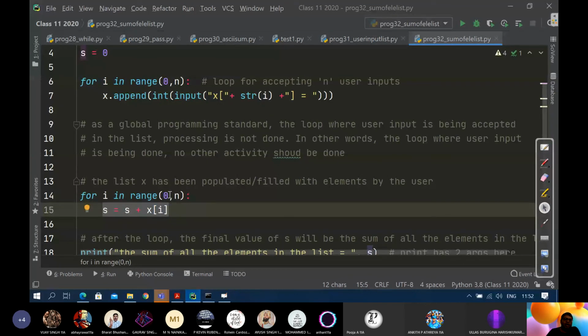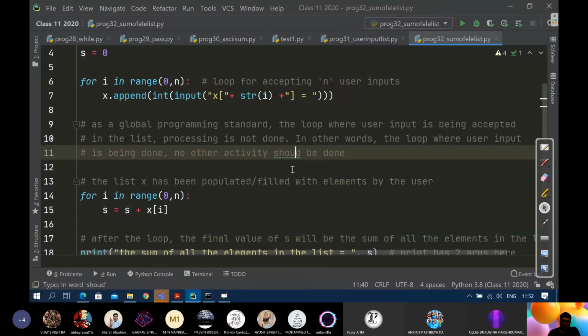So any other operation which can be a part of the program's solving should not be done. ठीक है? That is what I mean by processing. Processing means, as a part of solving the program, you should not do any activity. That means the user input loop should be separate. Wherever you are doing user input or accepting in the list, that loop should not contain anything else. ठीक है? Is it clear?